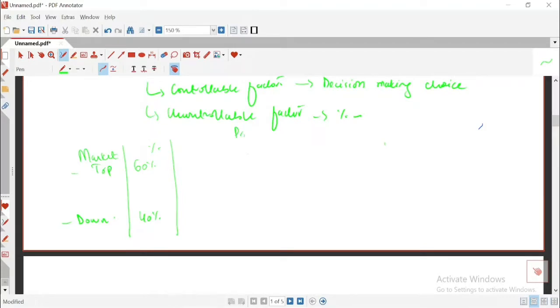You can either project 1, project 2. So if there is an up market or a top market, your project 1 is going to give you a positive return of 50,000. And if there is a down market, it is going to give you a return of 12,000 positive. ठीक है. However, if you take project 2 and the market is up or top, it is going to give you a return of 25,000. And if the market is down, it is going to give you a loss of negative 10,000.